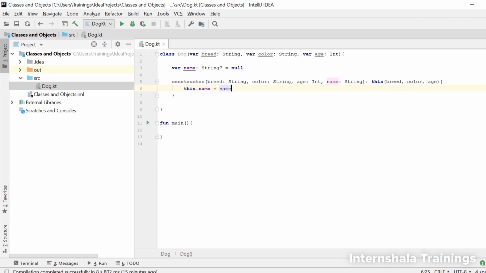And like we had done before, we use the this keyword to assign the value of constructor variables to member variables. This part of the constructor declaration tells the compiler that these variables have already been initialized in the primary constructor and hence they do not need to be added to the secondary constructor. Now let's go to our main function and create two objects, one which uses only the primary constructor and another which uses both primary and secondary constructors.